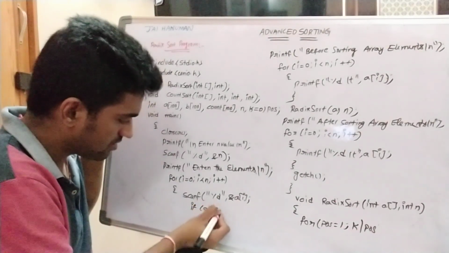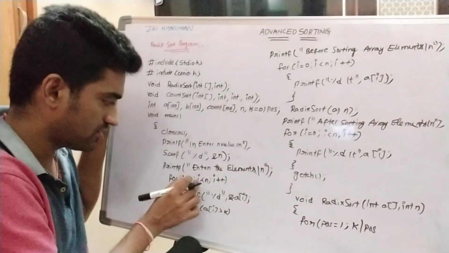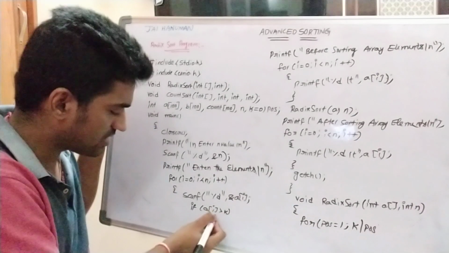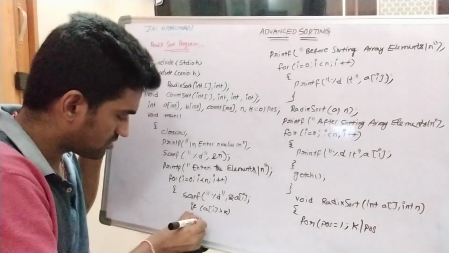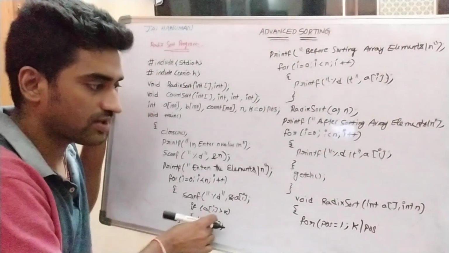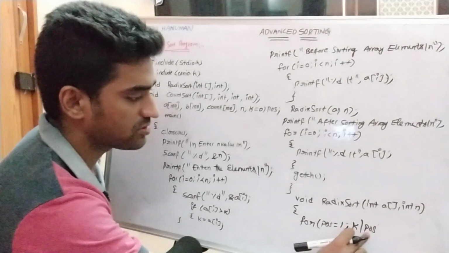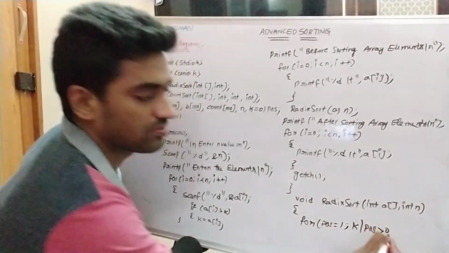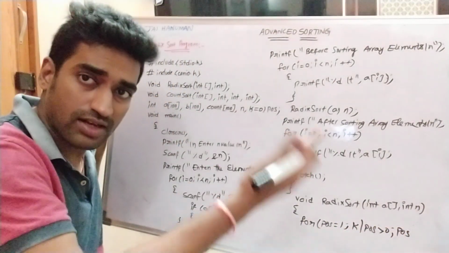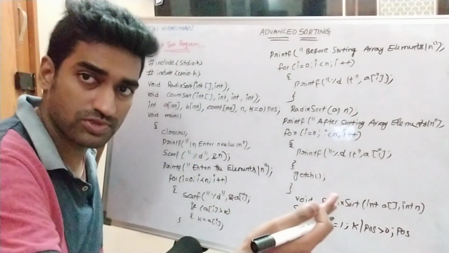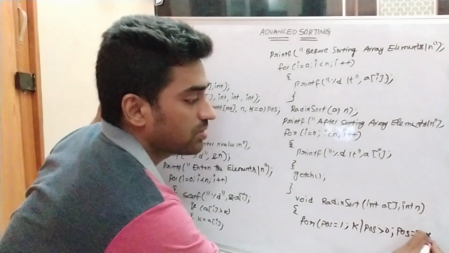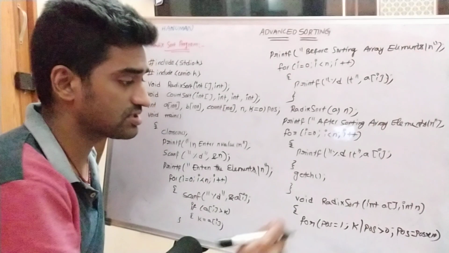If a of i is greater than k, then in this loop I directly find the highest k value in the array. So if a of i is greater than k, k is set to a of i. So after finding the greater value, k by position greater than 0. After completion of the first position, we call the 10th position, 100 position, 1000 position, right? For that purpose I am writing position is equal to position into 10. We are multiplying the position by 10.